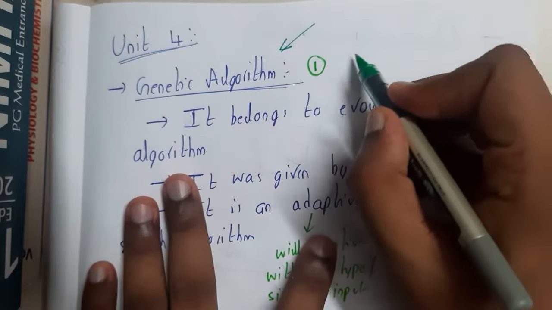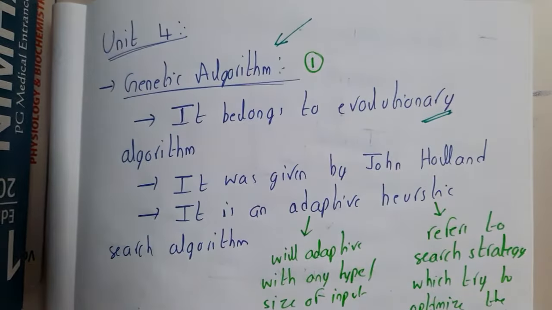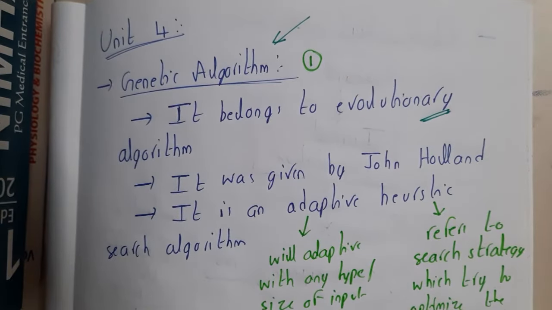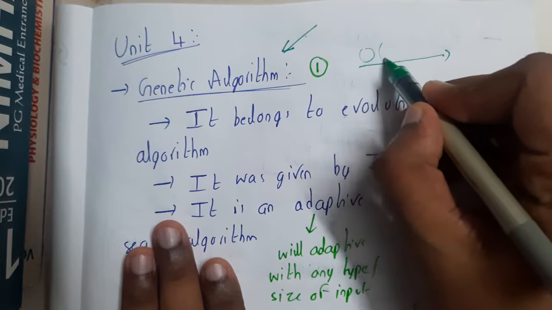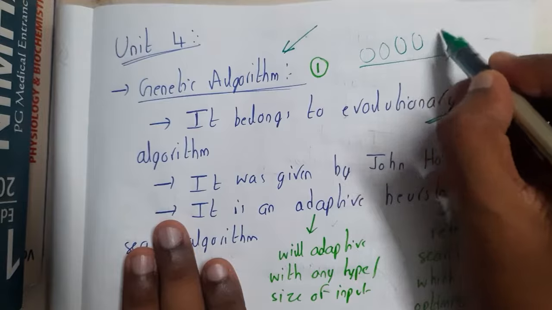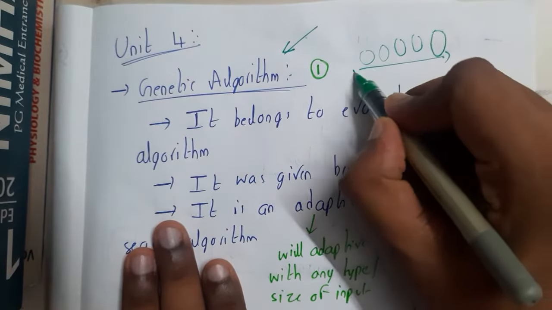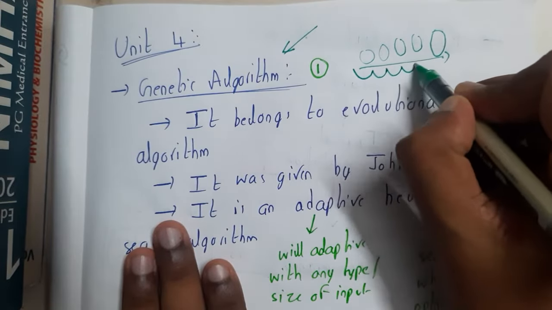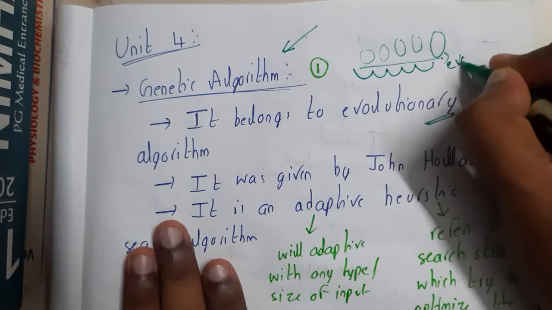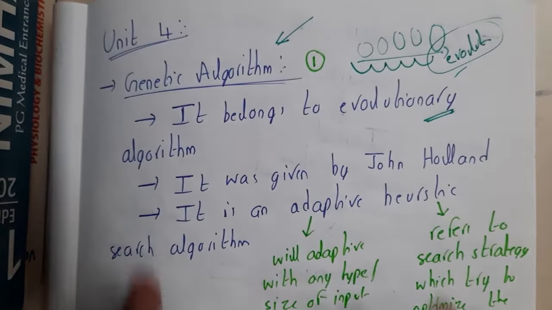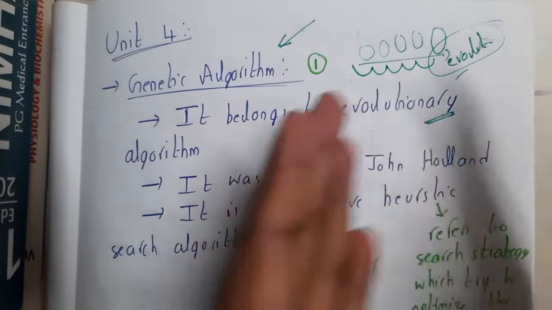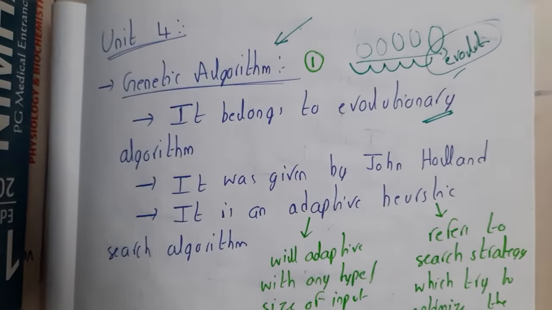Initially we came from chimpanzees or monkeys, I don't know exactly, but we say it like that. We even have some diagrams: from the chimpanzee we start walking, there are some kinds of changes, and at the end the human has been formed, right? You can say these are some kinds of evolutions. The genetic algorithm also uses this same concept of evolution.